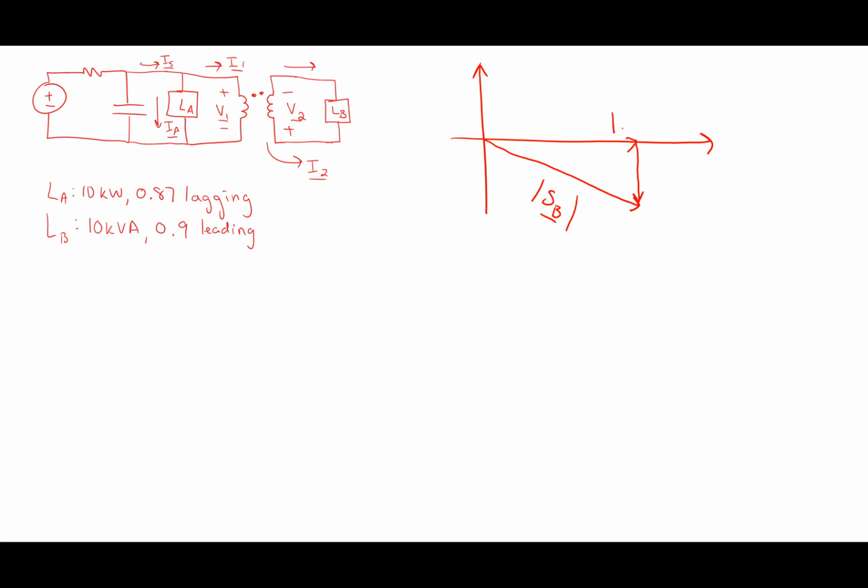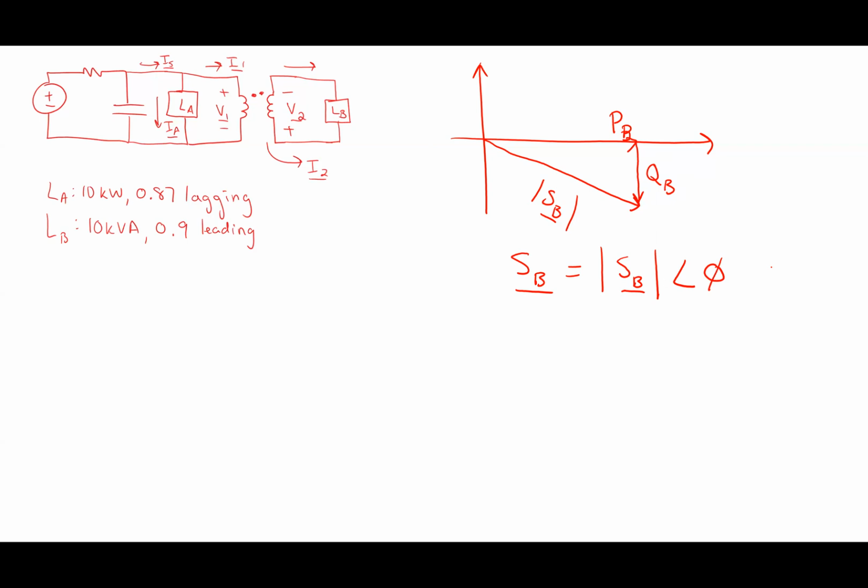It's real. Yeah, P is real. And Q is imaginary. And I made it negative because this is a load that is leading. It has a negative impedance angle because remember, S sub B, the complex power vector, has a magnitude apparently of 10 kVA and an angle that is the same as what